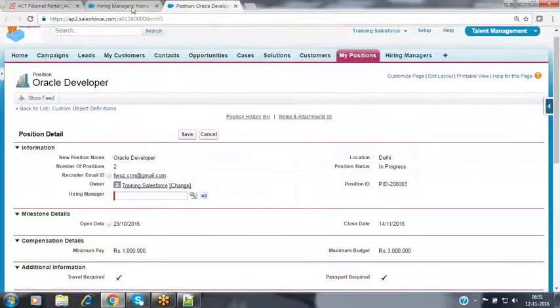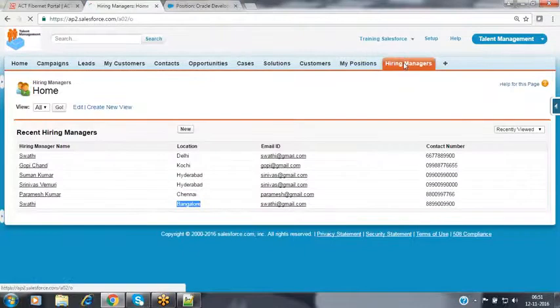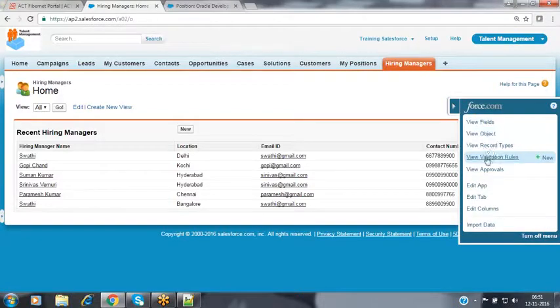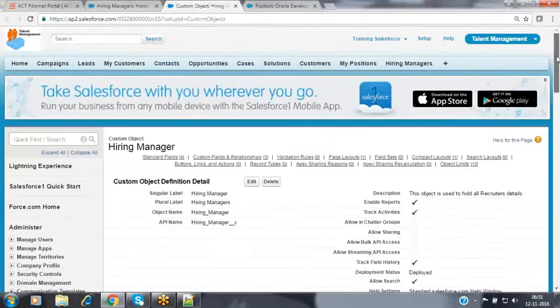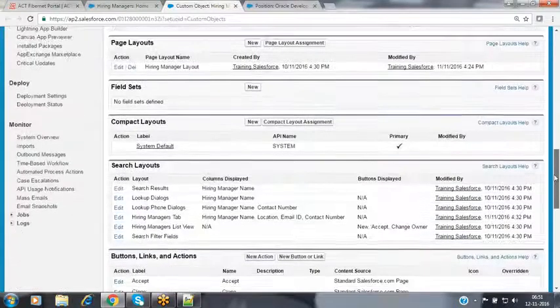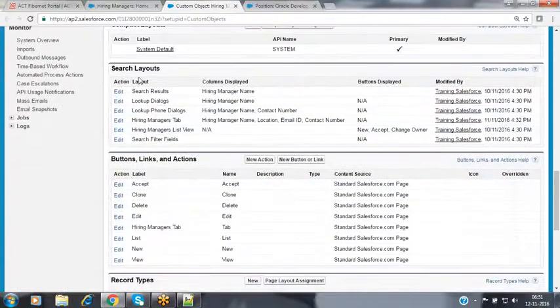Go to that parent object, hiring manager. Click on this tab. Expand that force.com quick access menu. Click on the view object link. Go to the section called search dialogs, nothing but the search layouts. In the search layout,